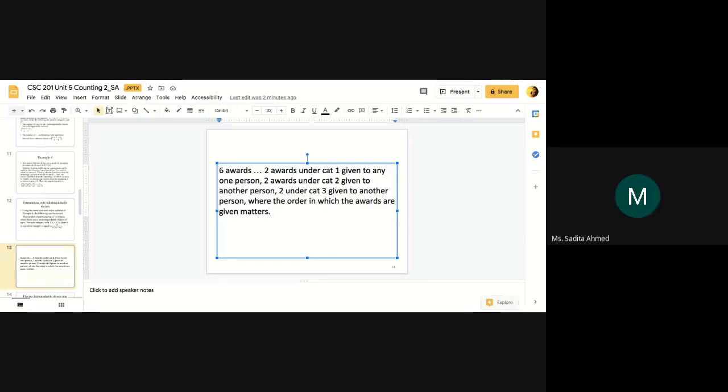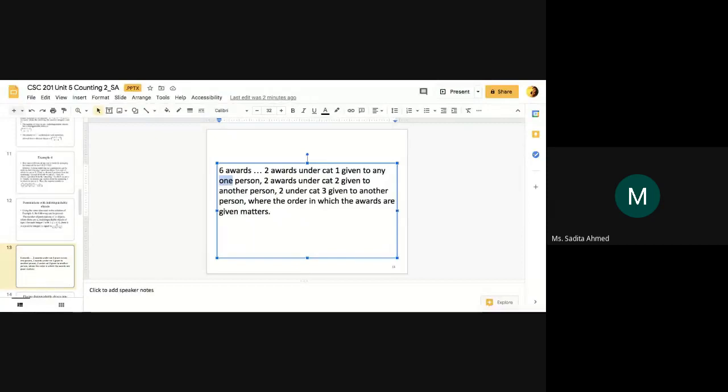Yes, that's correct, right? So the important thing here, first that you need to notice is order, all right? Order matters. So this is not a straightforward combinatorics problem. This is a permutation problem. However, this is also not a straightforward permutation problem because we have 2 awards under the same category given to one person. So even though order matters, if you say that, okay, this is just a straightforward permutation problem, you'd be wrong. Why? Because yes, fine, order matters. But if the 2 awards which are of the same category, of the same type basically, are given to one person,